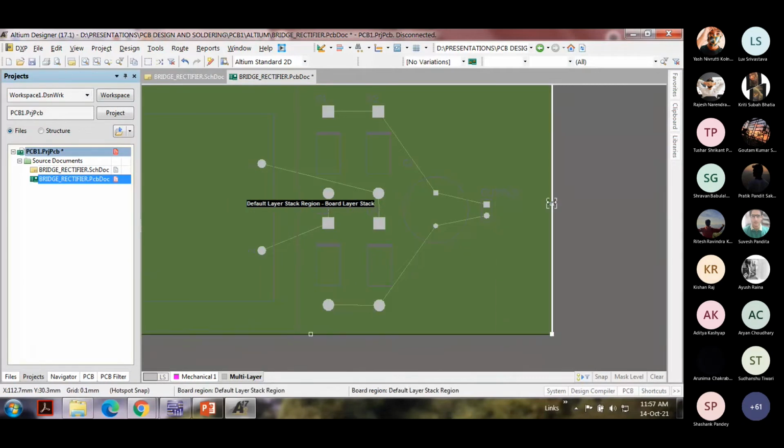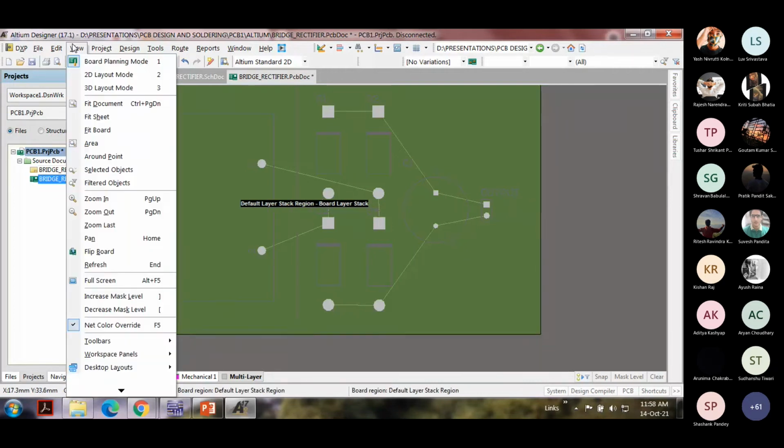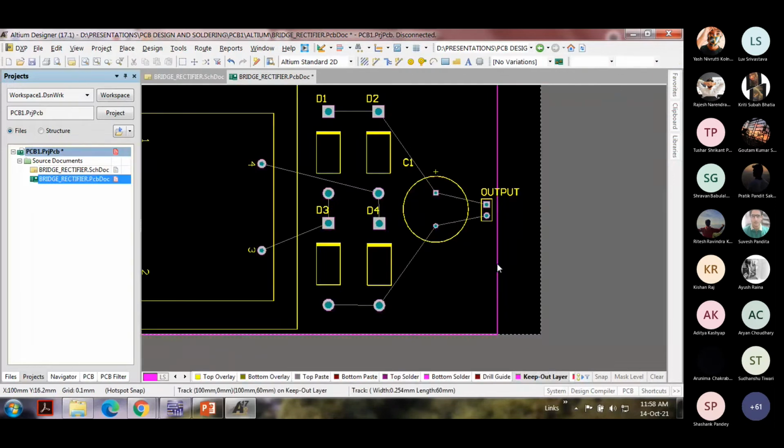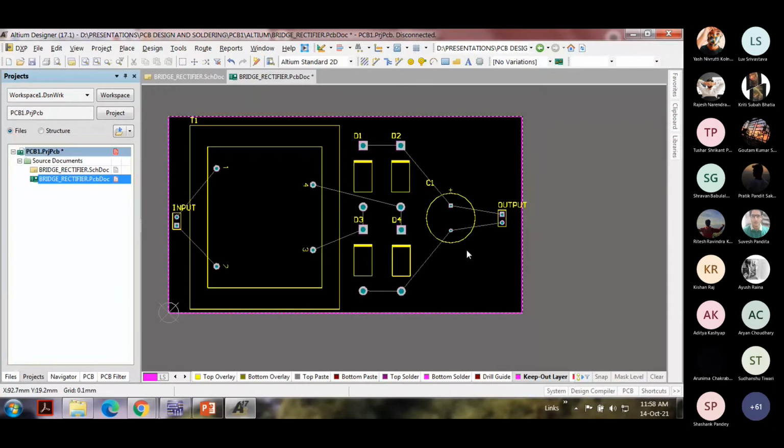Let us say make it 110 mm. Of course, I'll have to drag this also. And then maybe there will be some spacing over here. Okay. So this is the placing. All right.